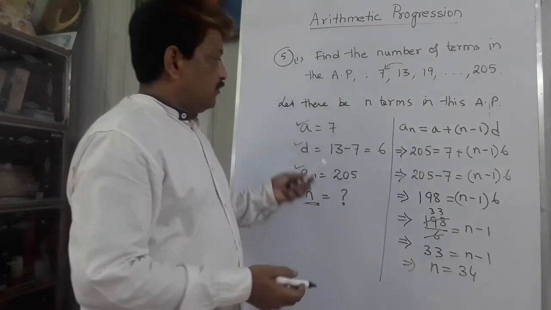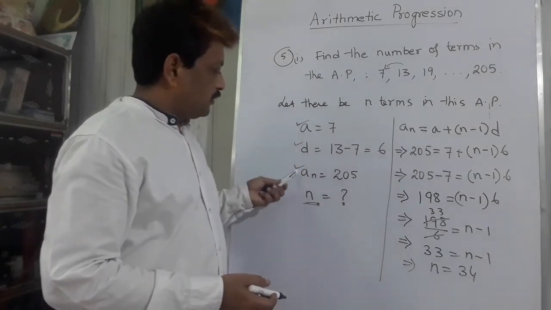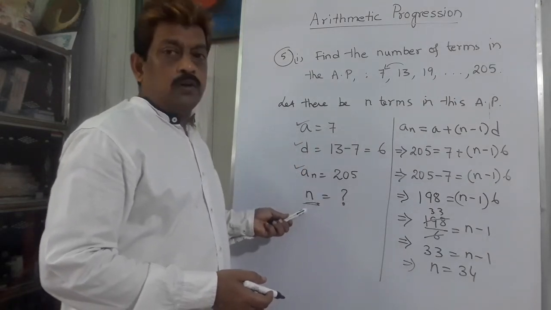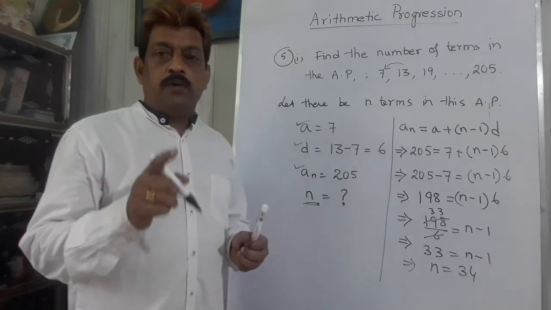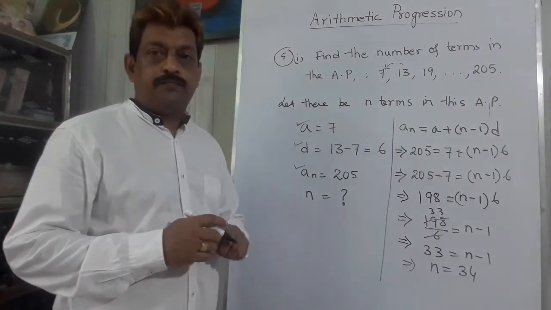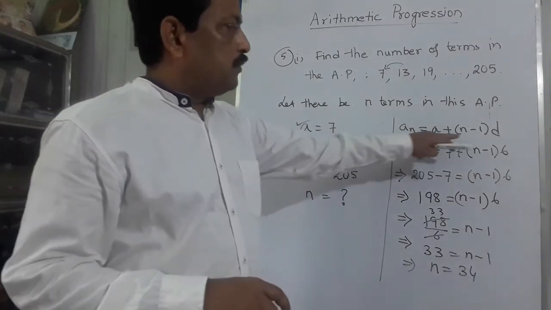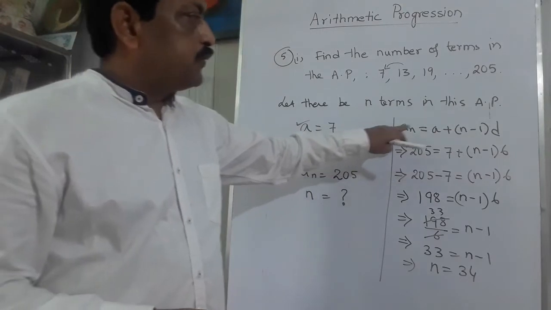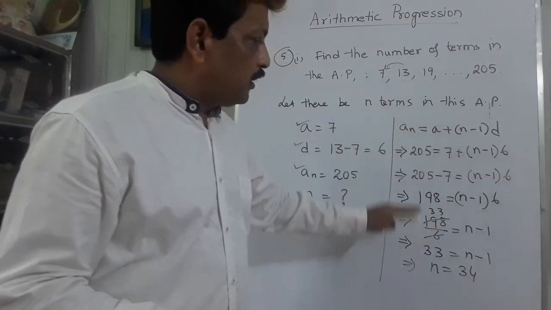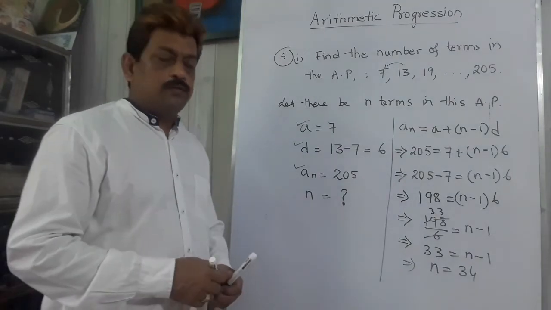Okay, list all the values which are given in this way, and also write the thing which we have to find with a question mark. Understood? So it will be clear to you that we are going to use this formula. Which values are given, we will substitute the value, the remaining value will automatically come out. Understood? Okay.